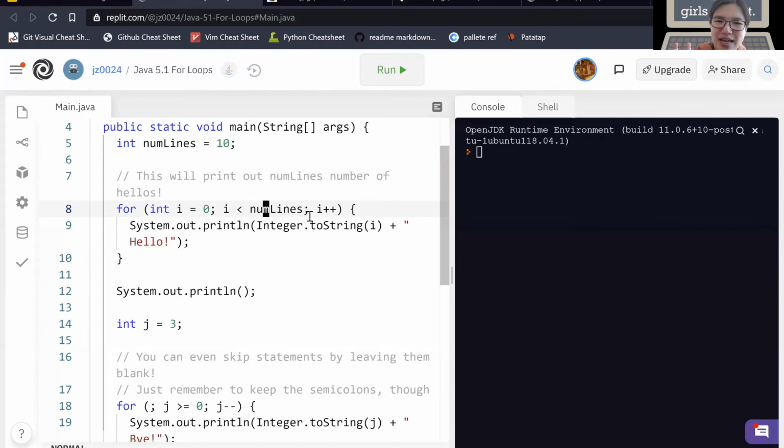Is i going to increment by 1 each time, or is it going to increment by 2? I don't think we've gone over what plus plus means in the primitive section, but plus plus is basically it increments i by 1. There's also minus minus, which will decrease i by 1. But for now,